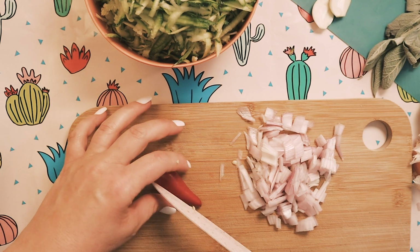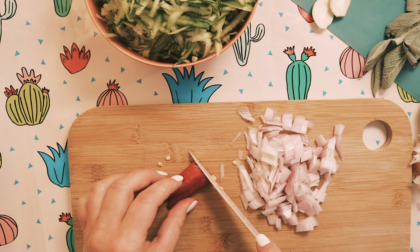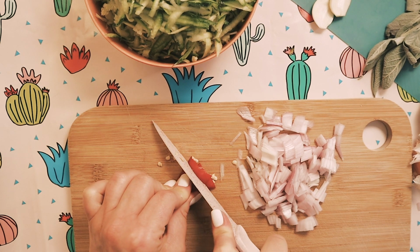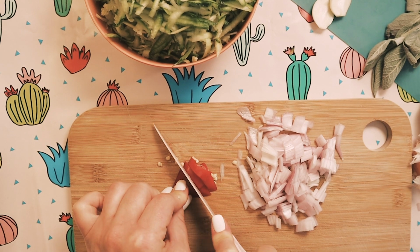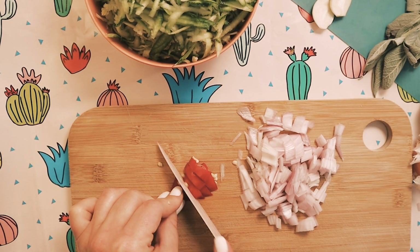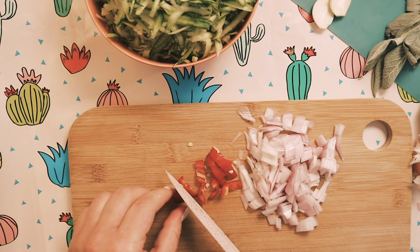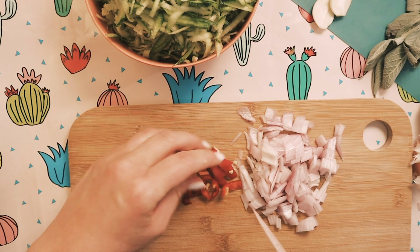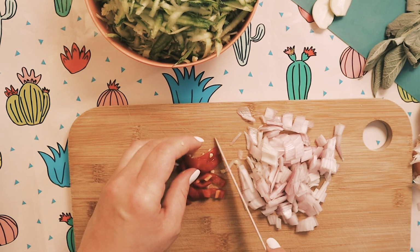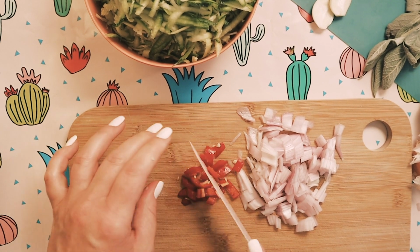I'm going to chop this chili as well. Now you can definitely see this is not an authentic Mexican recipe, or maybe before that, but this is not a very strong one at all. So if you had any doubts,